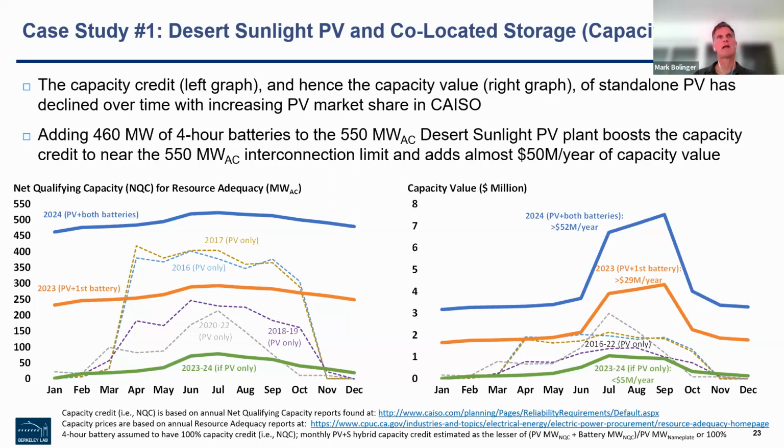But of course, the plant did add a battery, which boosted its capacity credit up to that thick orange line there with the first battery. And once the second battery comes online, it'll resemble this thick blue line up top, which is much closer to the plant's nameplate capacity. And then over on the right, all we did is just multiply these net qualifying capacity